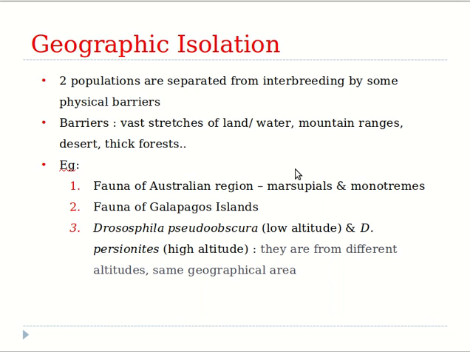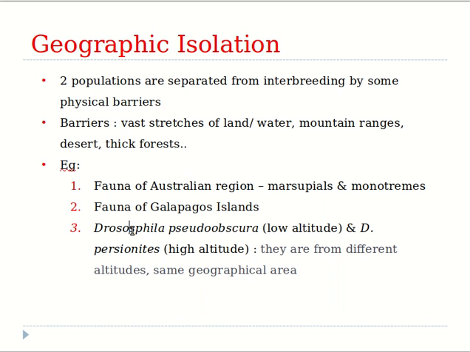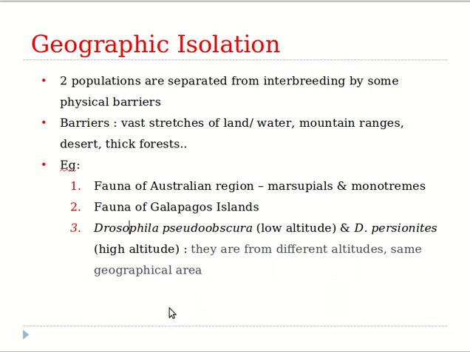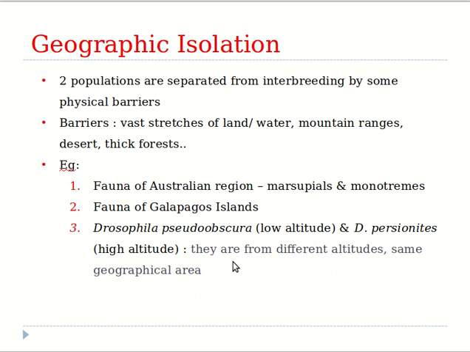Then another is the fauna of Galapagos Islands, and another specific example is with respect to the two species of Drosophila. Okay, we can start with this one. Drosophila pseudoobscura is found in low altitude areas, that is almost at sea level. Drosophila persimilis occurs in high